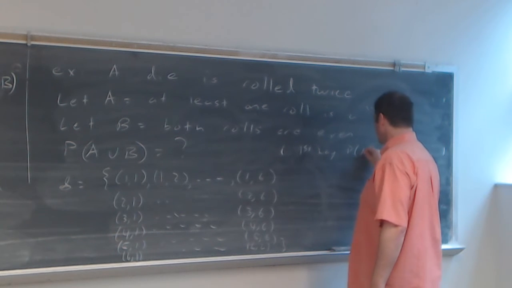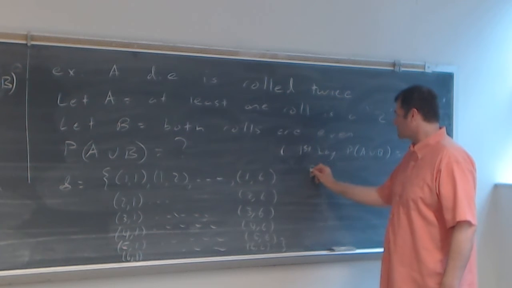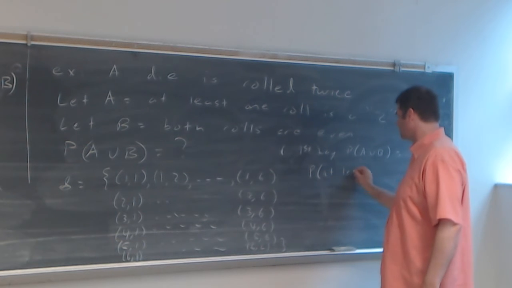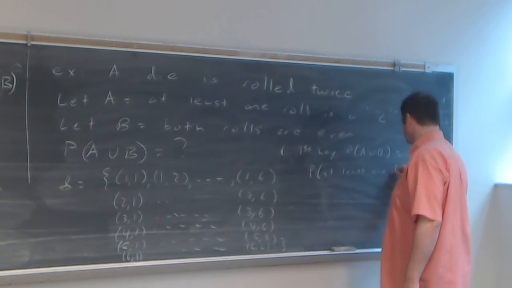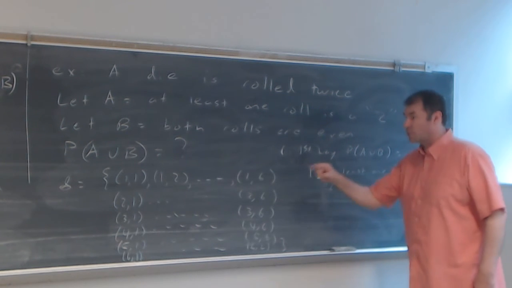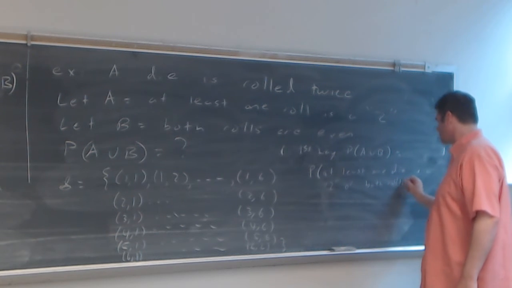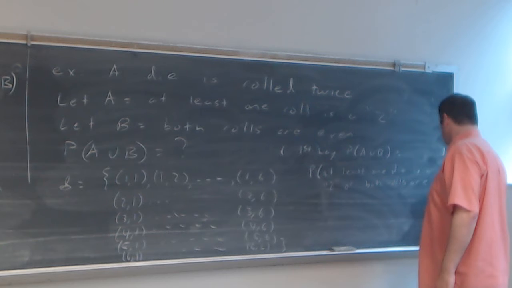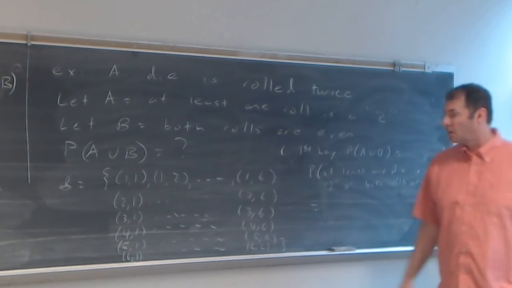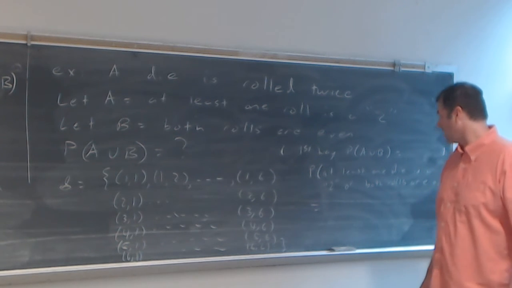The probability of A union B is equal to the probability that at least one die is a 2, or, that's what union means, both rolls are even. And since I'm looking at a sample space that consists of equally likely outcomes, what I can say is that